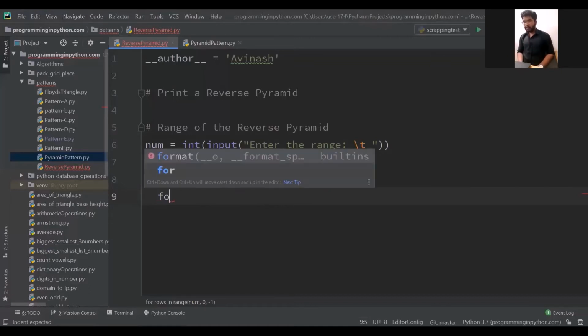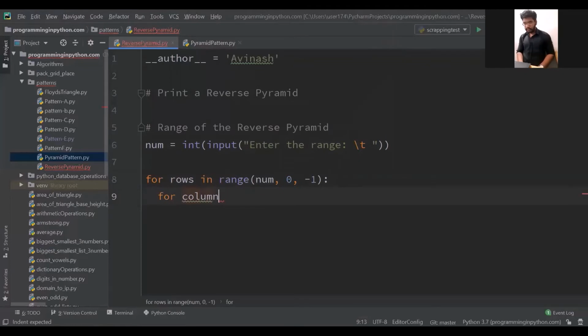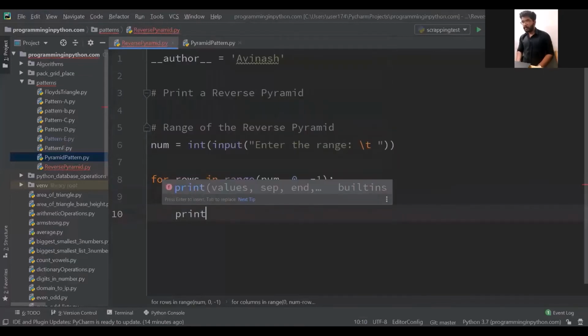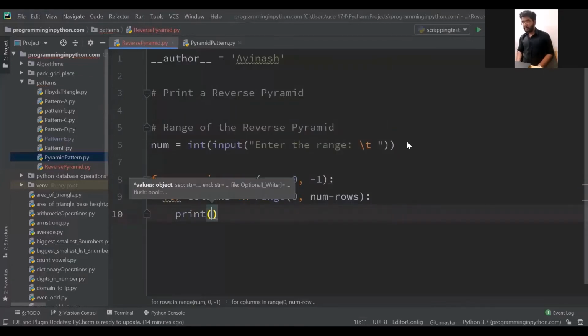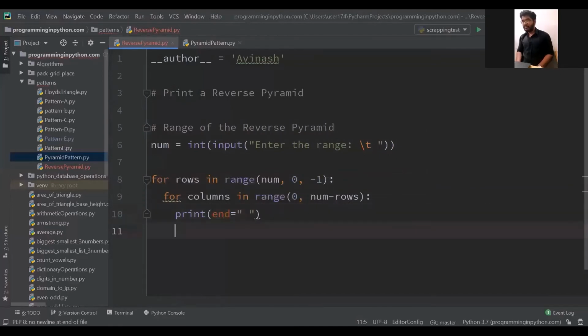So this is for columns. For columns in range, what I have done in the first one is from 0 to num minus rows. Here I printed in the whiteboard just end, and here end is a space.